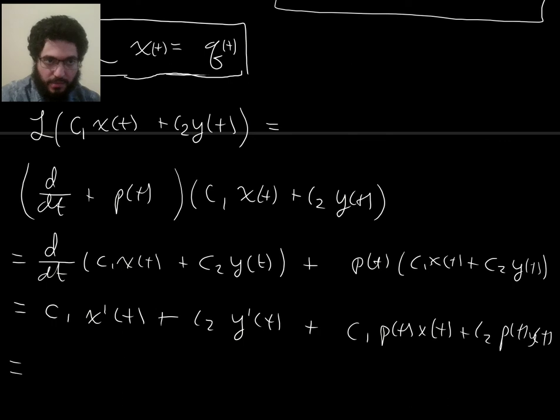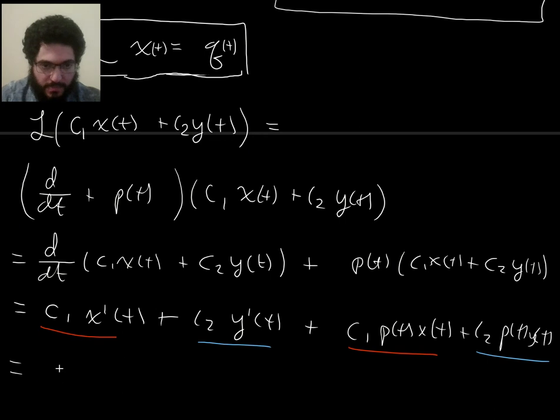And now I can join these two terms, sort of group them together, and group these two together. And the red grouping together, if I look at that, that's d dt plus p of t applied to,